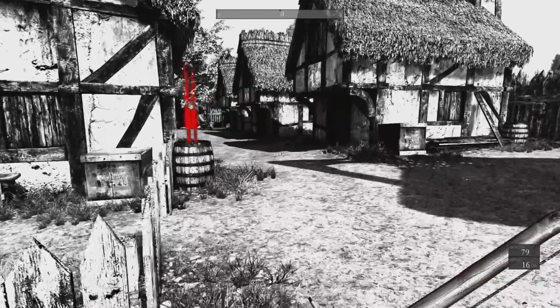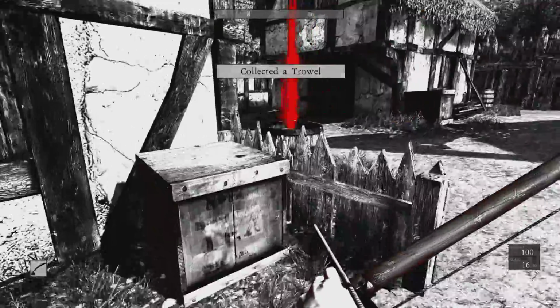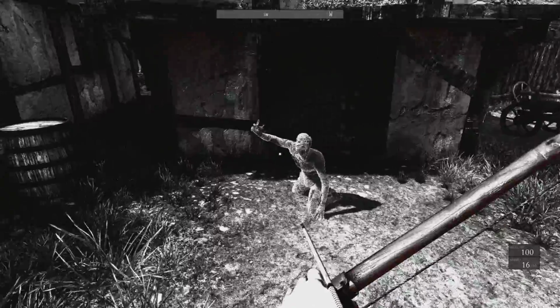Cool. Because you get weapons off of enemies as well. And this is used to get your health back, as you can see. Alright, we need that because it's a digging tool, and you need that because there's little piles of dirt on the ground. And there's this,